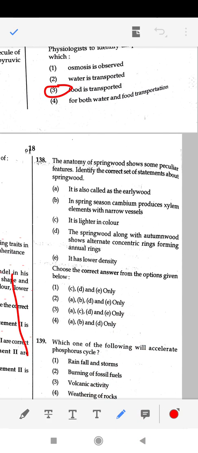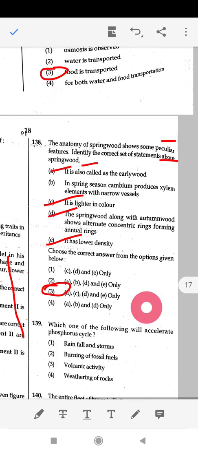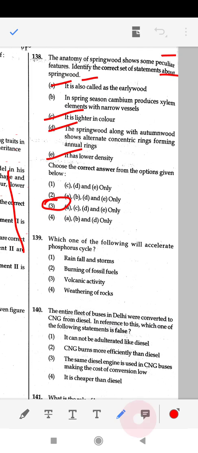the anatomy of spring wood and shows some peculiar features. Identify the correct set of statements about spring wood. Answer 3 is the right option. A, C, D and E. Next is which one of the following will accelerate phosphorus cycle? That is